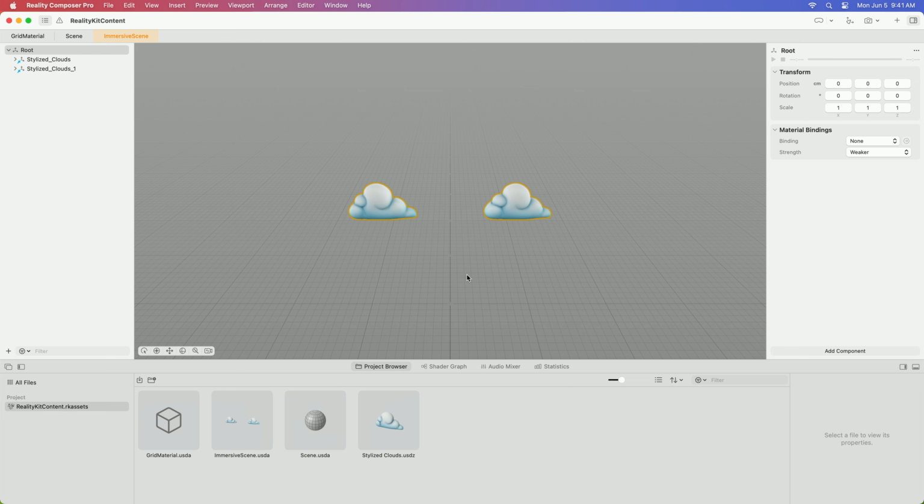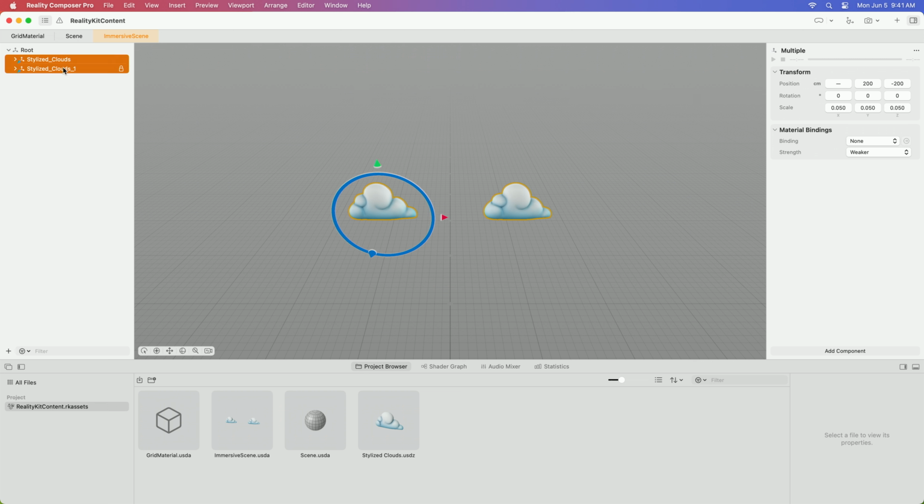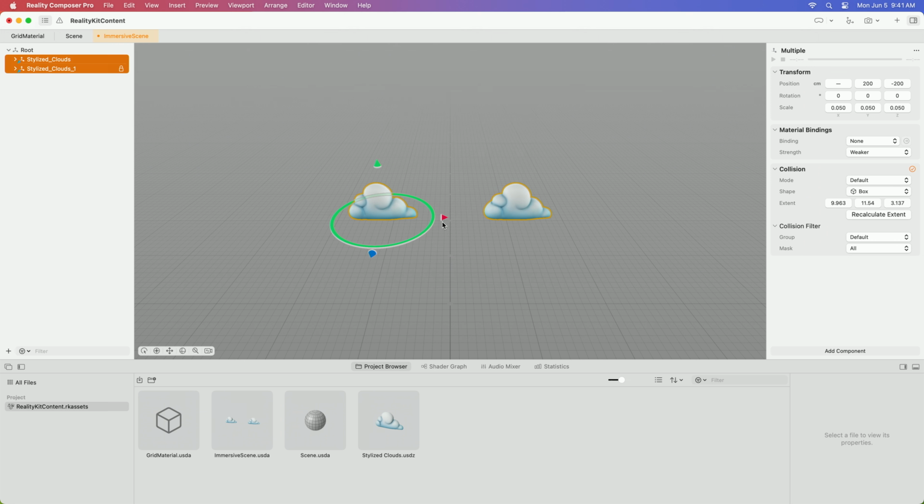In our RealityKit content package, we can select both clouds at once from the view hierarchy using command-click. We then click the Add Component button at the bottom of the inspector panel and select Collision. In the inspector panel, we see that a collision component has been added to the clouds.